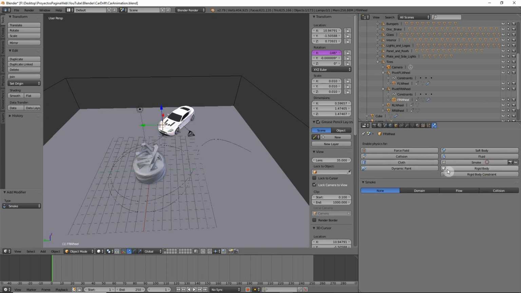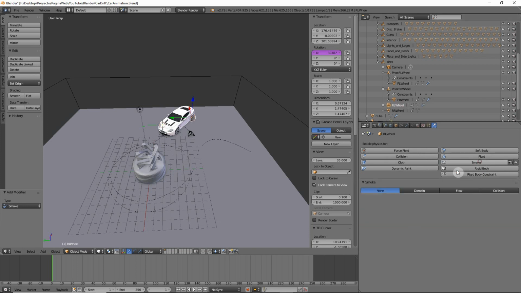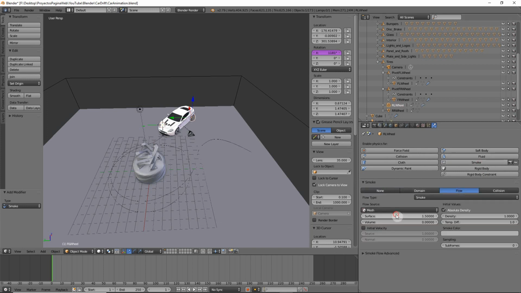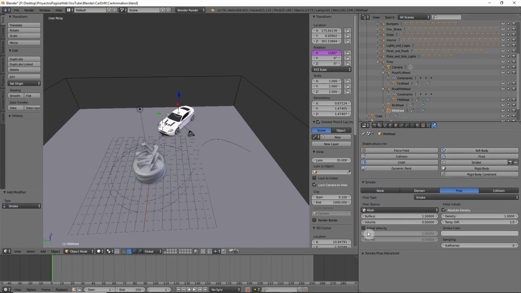Okay, create a smoke, flow, surface, 0.5, initial velocity, and for the front wheels we are going to add a bit sharper surface, set 2, initial velocity, let's set it at 2, same with this one, smoke, flow, initial velocity 2, that goes at 2.